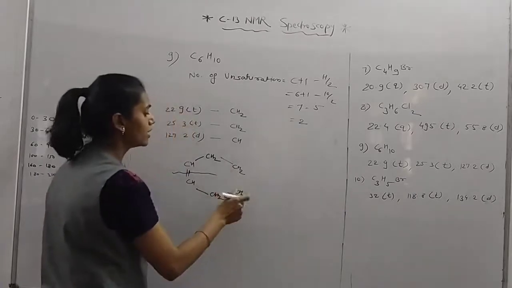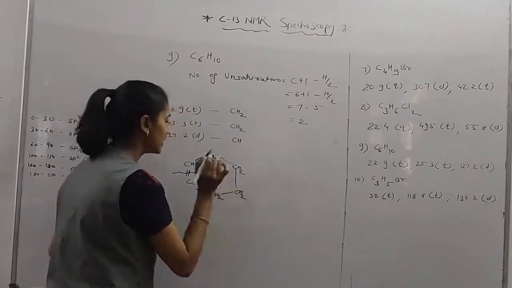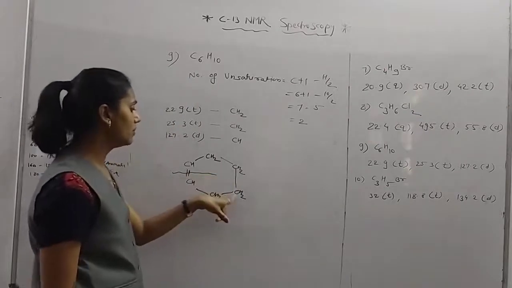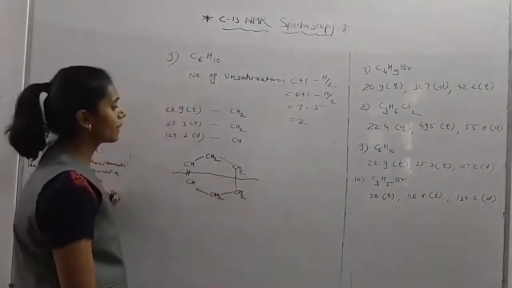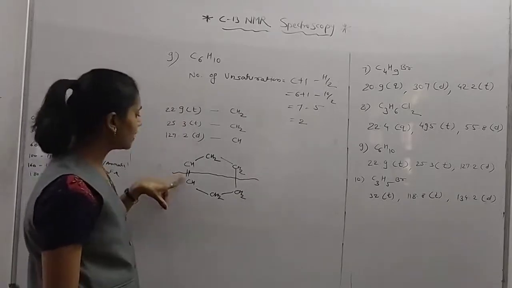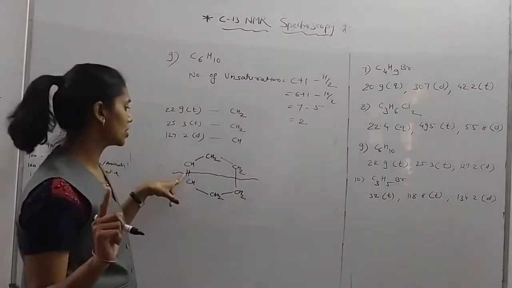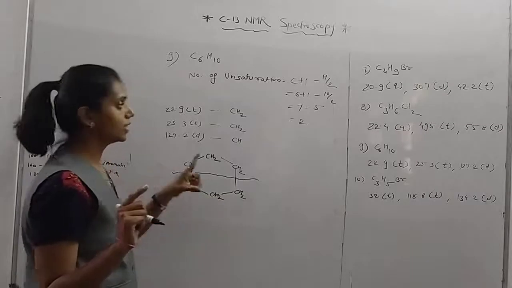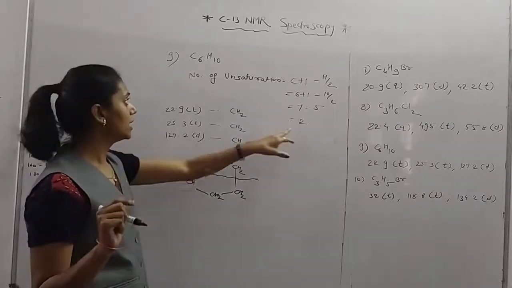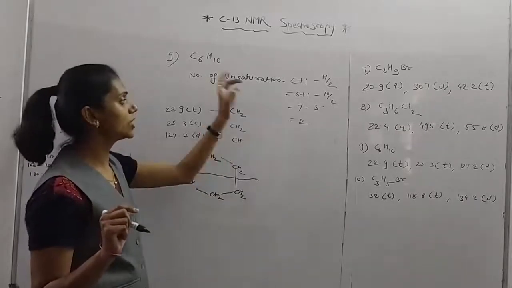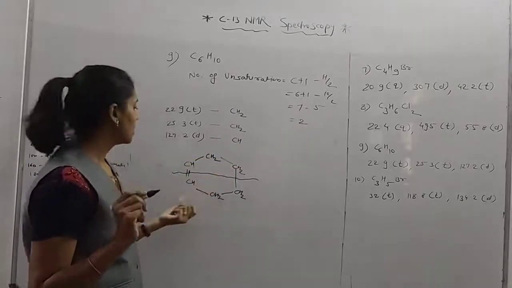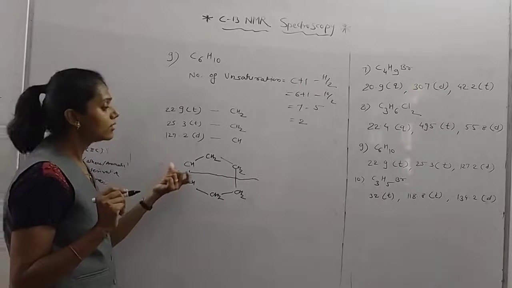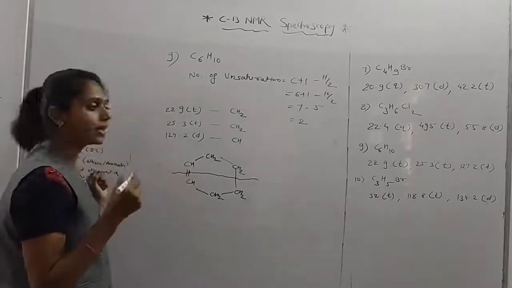Okay, and you know that the valence of carbon is 4, so there will be the bond, and we can draw here symmetry. Okay, so as there is one double bond, it shows the one unsaturation. As there is one ring, it shows the another unsaturation. That means condition of unsaturation is fulfilled. Okay, so we check whether our structure is correct or not.